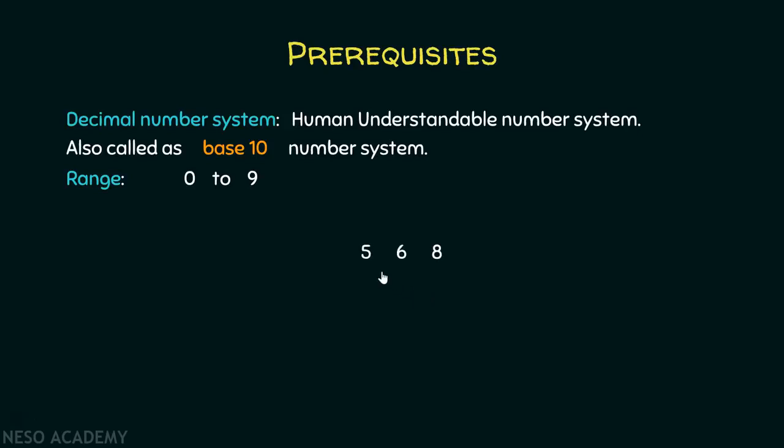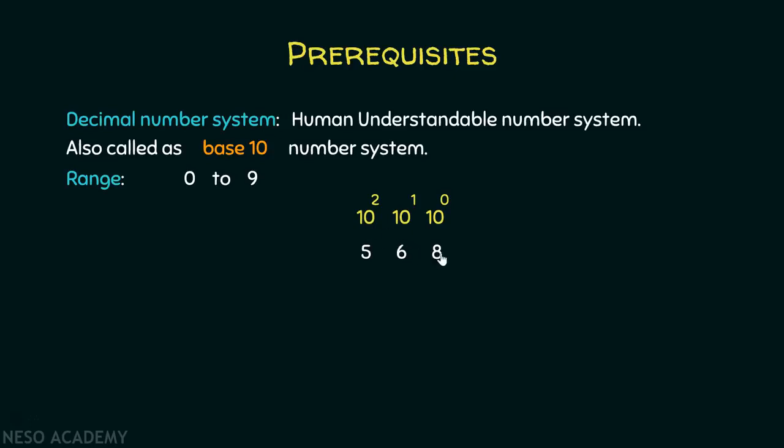We pronounce this number as five hundred sixty-eight instead of simply saying 5, 6, 8. Have you ever wondered why we pronounce it that way? Because in reality we have numbers ranging from 0 to 9, and if we want to represent such a large number, we have to multiply each digit with its respective place value. Here the place values start from the rightmost end, and it is 10 raised to the power 0, then 10 raised to the power 1, then 10 raised to the power 2, and so on.